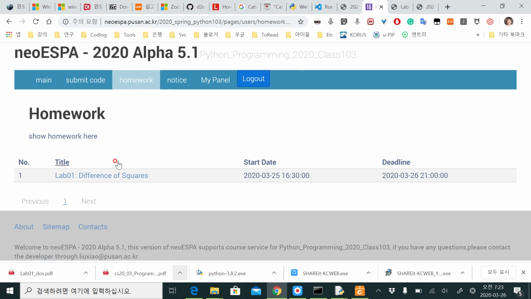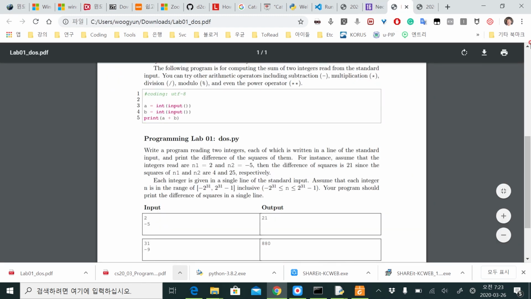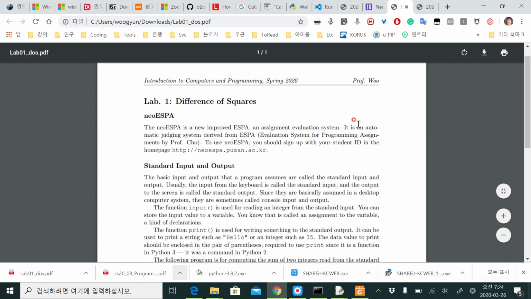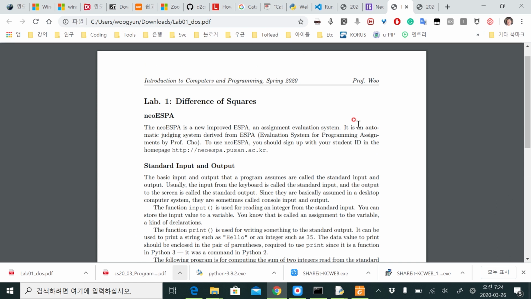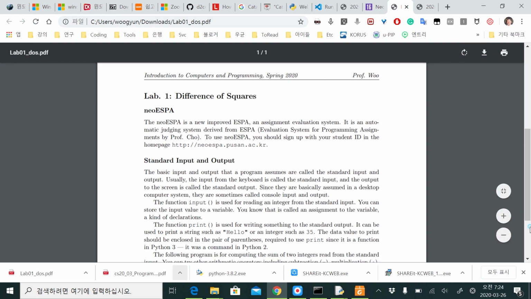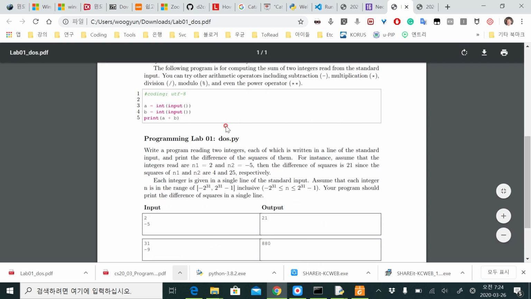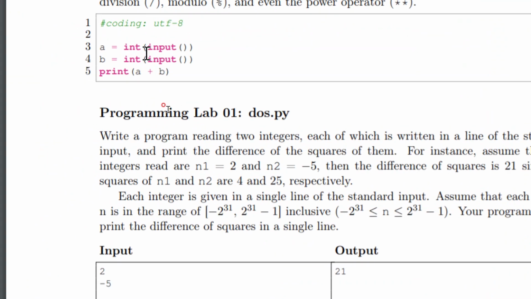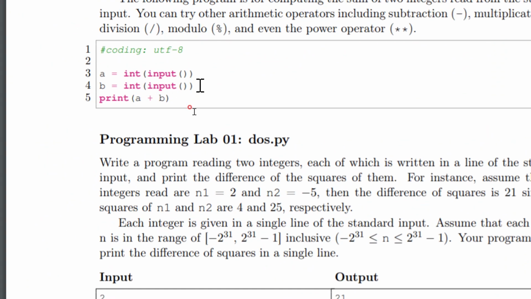So in your homework menu, the difference of squares, I just opened this here. Okay, so today's problem is computing the difference of squares. So let's zoom it a little bit. You can create this kind of code, okay, which is reading an integer, a second integer, and it is just plus